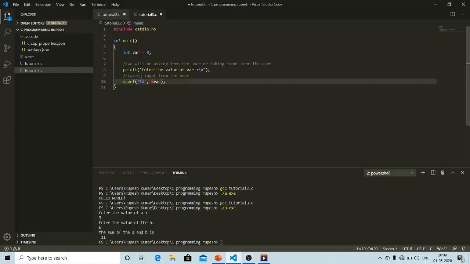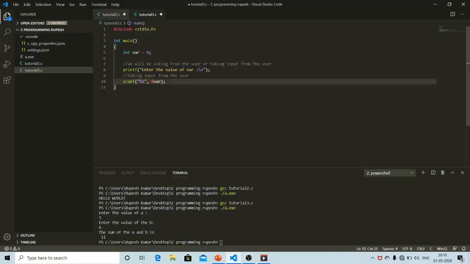So this is how we take input from the user. We will use the scanf function. We will mention the format specifier inside the inverted commas, and then we'll put a comma, and then we will put &, along with the name of the variable. What does this mean? You don't need to know at this point of time, but for your convenience, just know that this indicates the address of the variable.